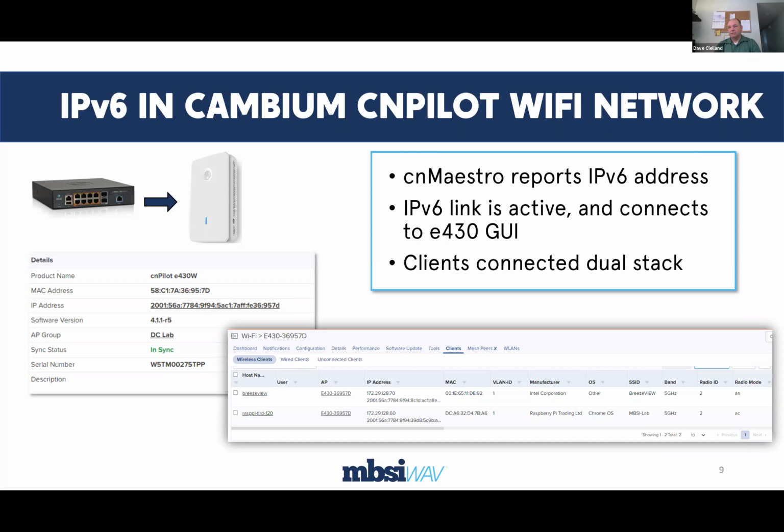You can see that I'm running software version 4.1.1. I can update that. There's one newer one that's 4.1.3 or something like that, but not. And so the in-sync indicates that the configuration in my Cambium access point here is synchronized with the configuration in the AP group that I've got configured in CN Maestro. So